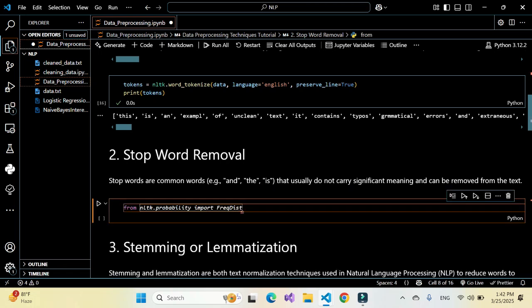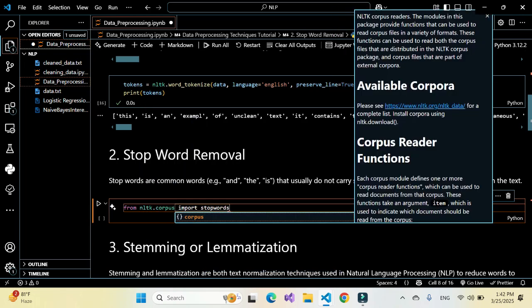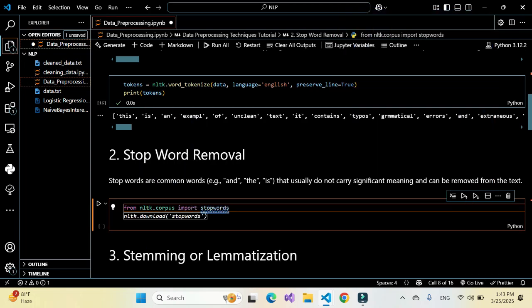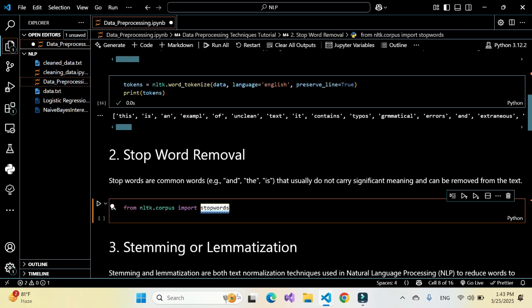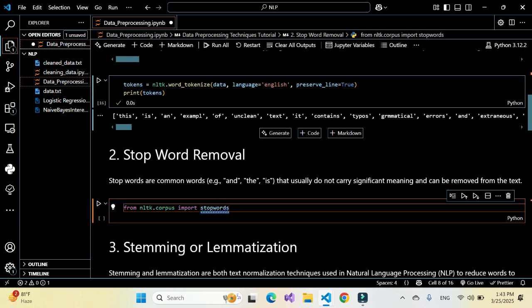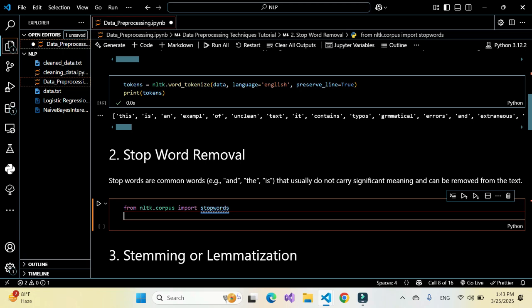So the first thing is you need to import corpus from NLTK. You need to first import the stop words. Stop words are words like "this" and "is", and all these are what we call stop words. We need to remove these words from the text which we have. So for that, just first import the stop words, then